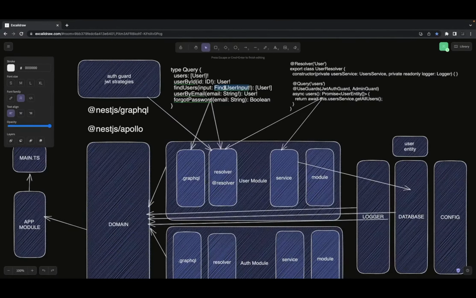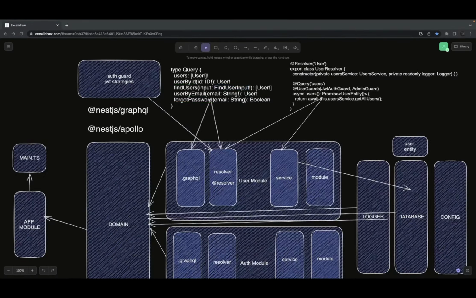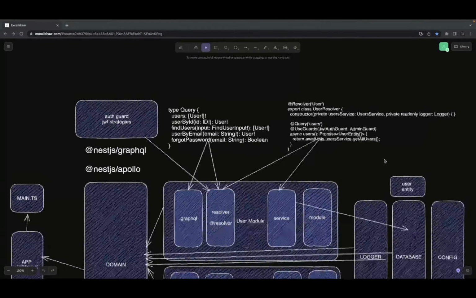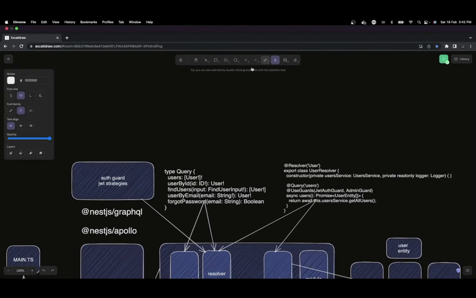Here we are writing a simple resolver file. That's a major difference. We are defining a .graphql file, and at the main module, what we are doing is we are actually using this GraphQLModule.forRoot. If you remember the syntax we were using in the last video,